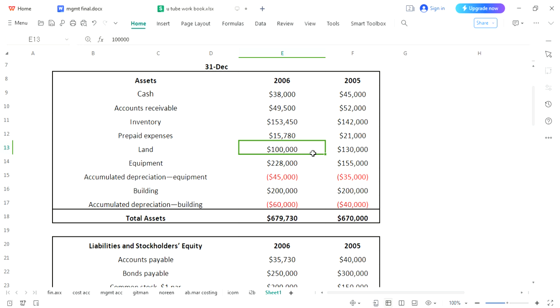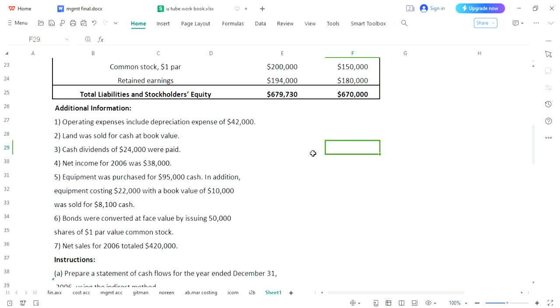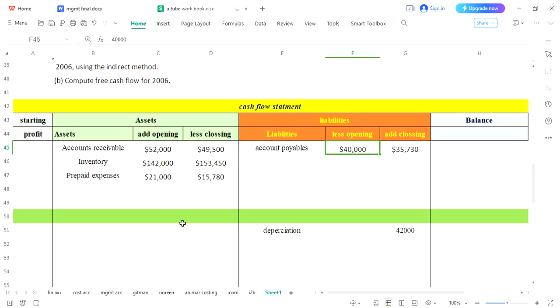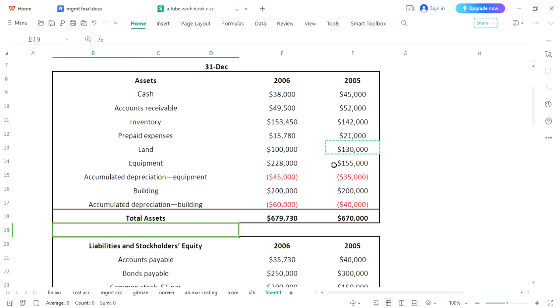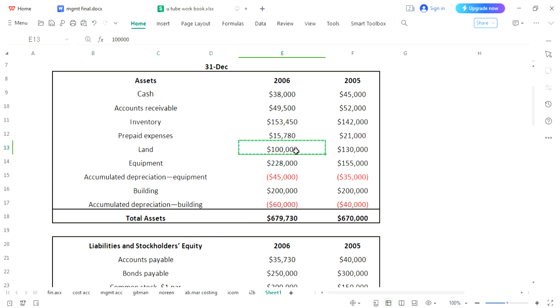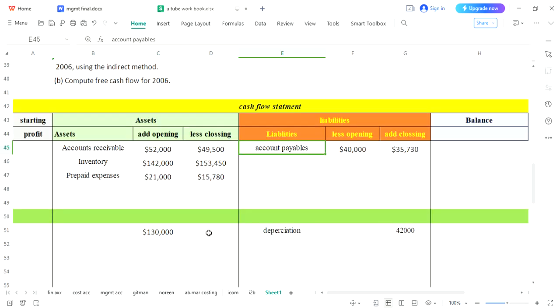Or simply what you can do, as you know that this is your fixed asset, you will go over here and write your opening asset, and you have your closing asset 1 lakh. So here you will post your closing land and write down the title, it's your land. So this is the first method.